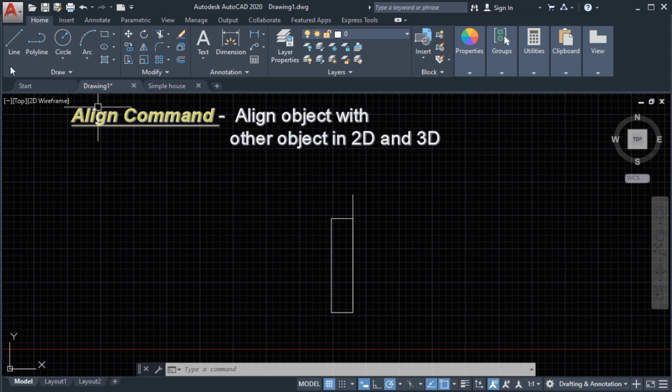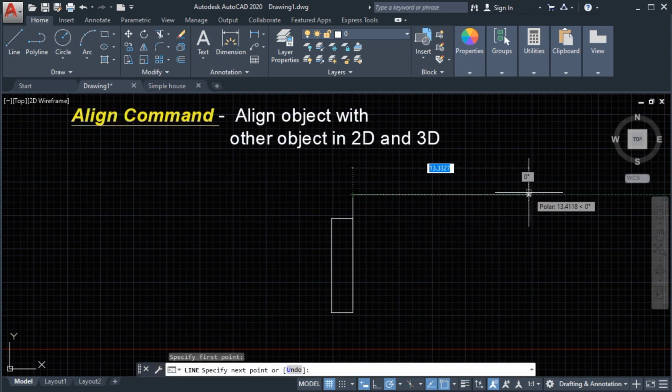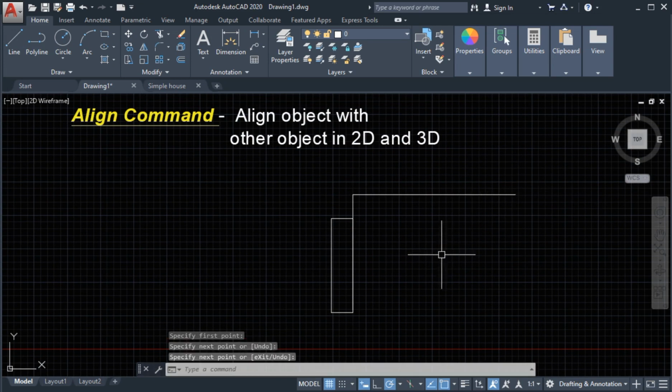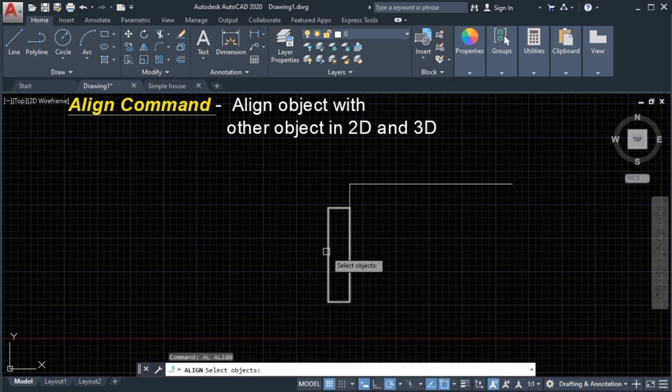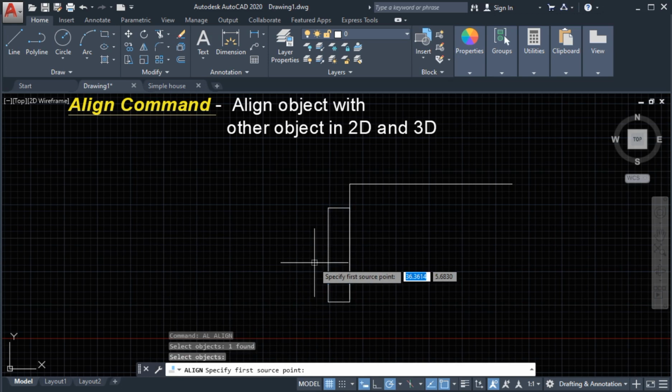So let's make another example. We'll also create a line here, and then we'll type AL for the align command. Select the object, we'll select this object, and this time we are going to align from this side to this line.